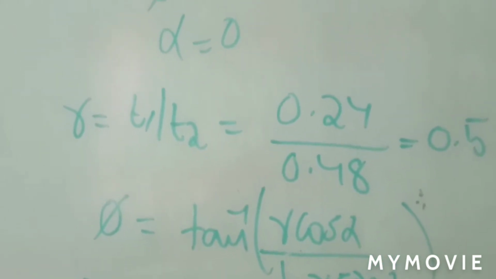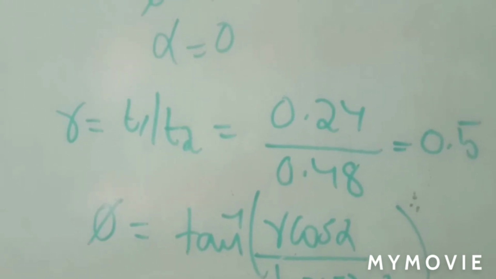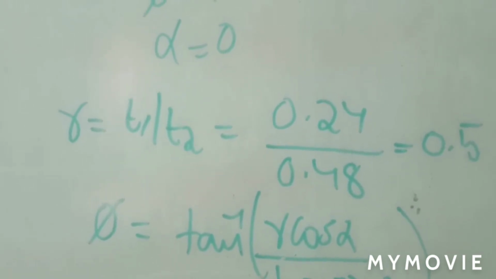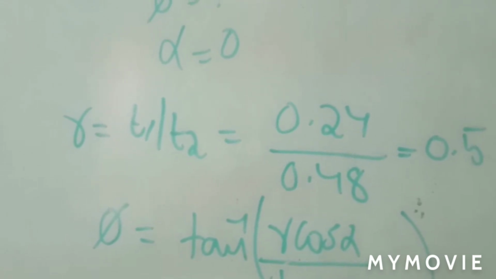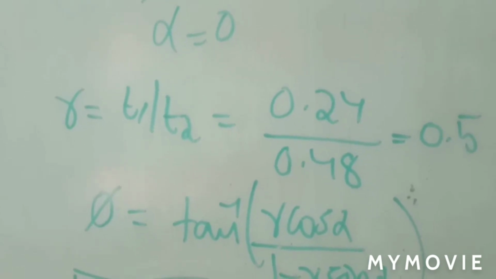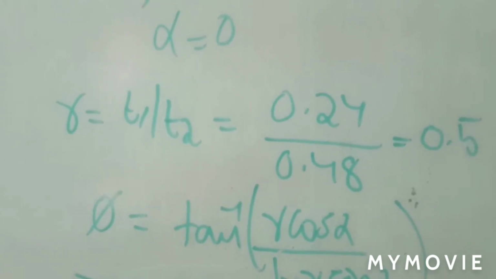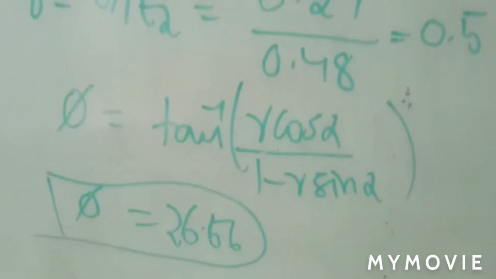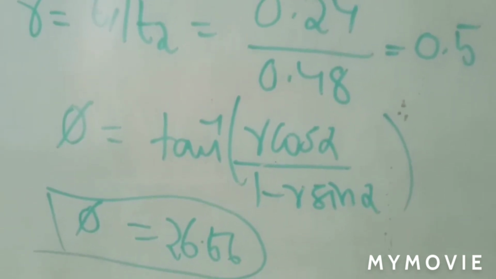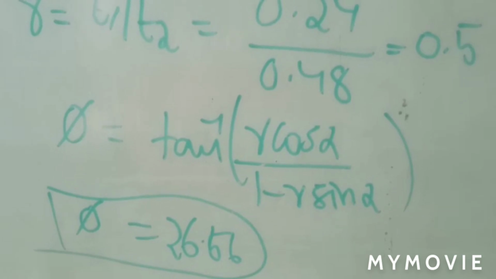Only thing is just note down the given data and apply the relation according to your requirement. That is what is to be found out. Based on those things you can apply your relations, okay? So this is a very very important problem for a 2 marks question, especially in a GATE examination, especially in metal cutting, okay? Okay, thank you.